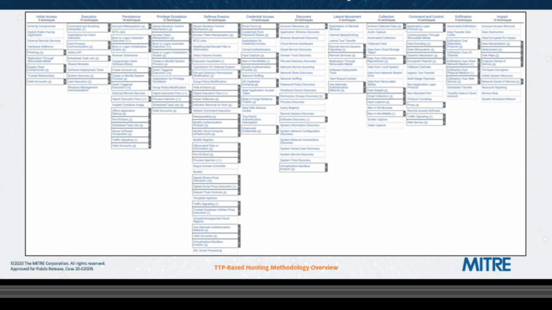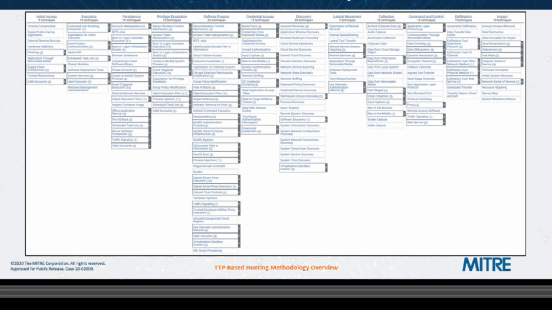The ATT&CK Framework documents and categorizes adversarial behavior at the TTP level in a matrix structure. The tactics that adversaries employ are represented as columns, and the techniques that adversaries use to accomplish those tactics are cells within those columns. The most recent version of ATT&CK also includes the concept of sub-techniques, which are more specific